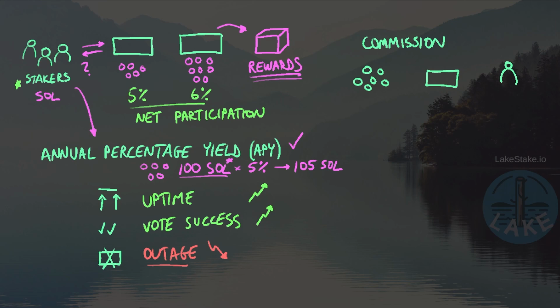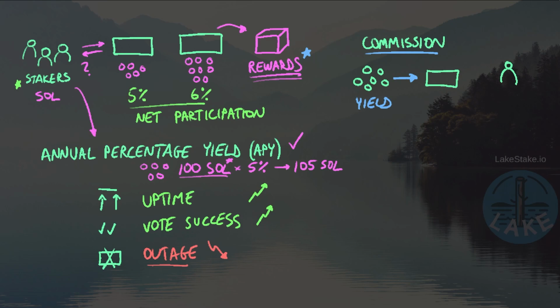Another major factor in APY is validator commission. This is an interesting concept. We mentioned that validators are obtaining block rewards by producing blocks, but this doesn't actually produce all that much in the way of rewards. The validators need to be able to profit from this participation and to stay online. And so Solana Network allows a validator to earn some amount of commission that comes out of the APY yield.